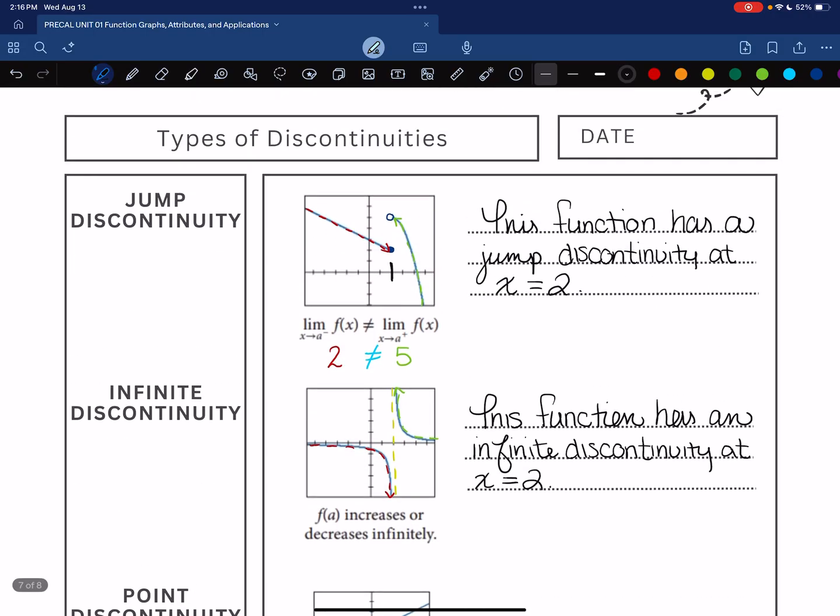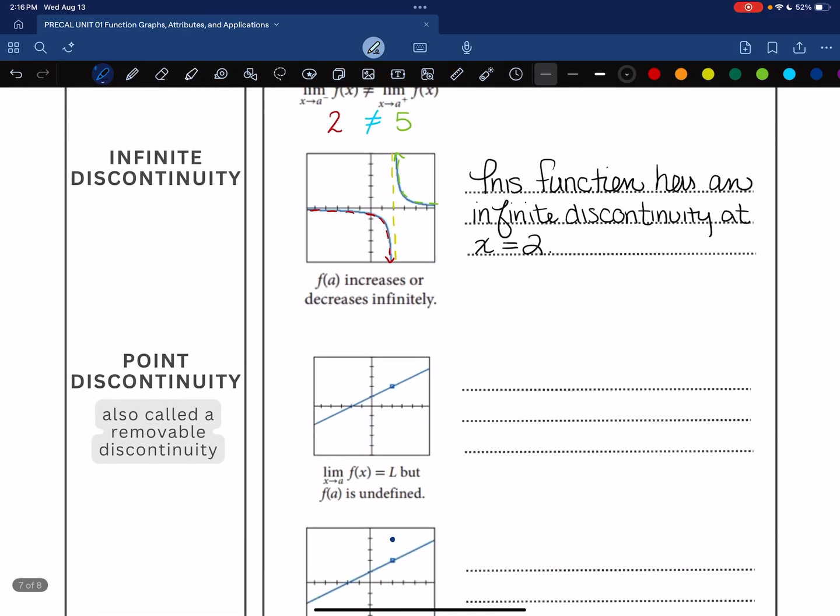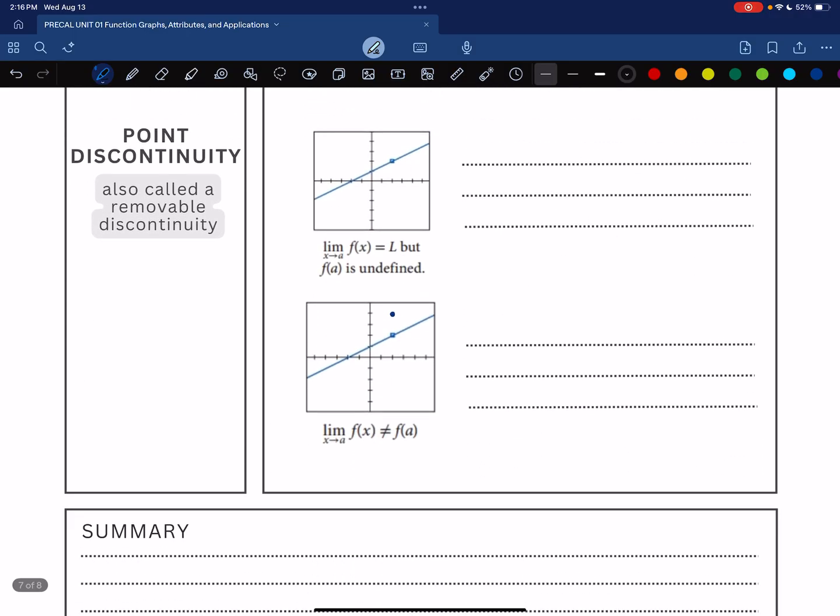So we've seen two types. We've got our jump discontinuity, our infinite discontinuity, and then the last category in which discontinuities can occur